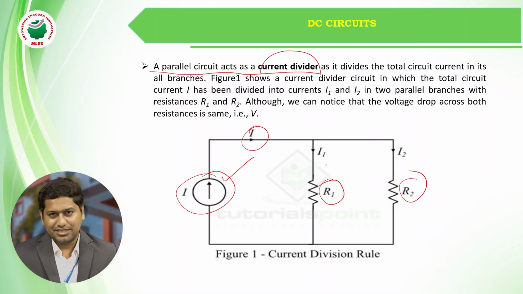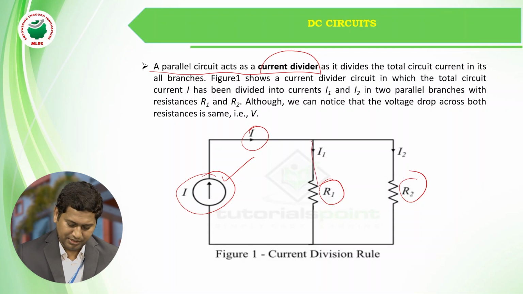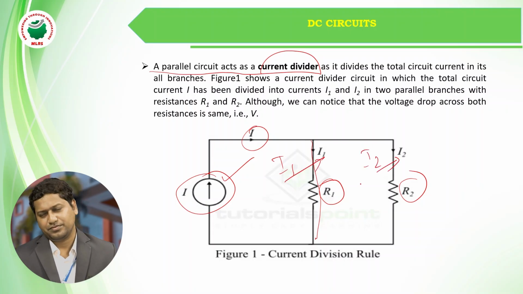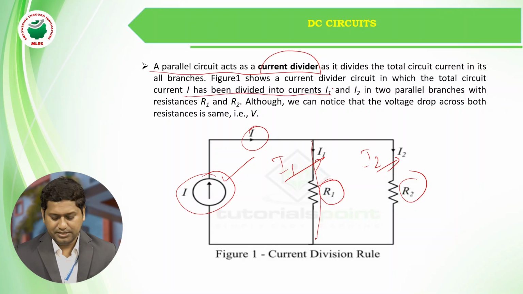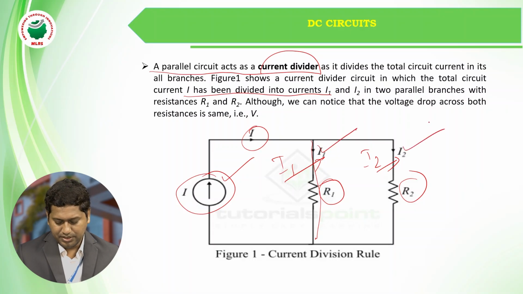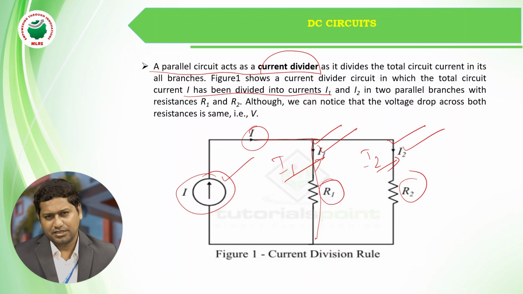Whatever current is referred to this particular branch, we call it I1. Similarly, this is for I2. The total current is I. So I is divided into the currents I1 and I2. I is coming like this, and it is getting divided into I1 and I2 in two parallel branches, where the resistances are